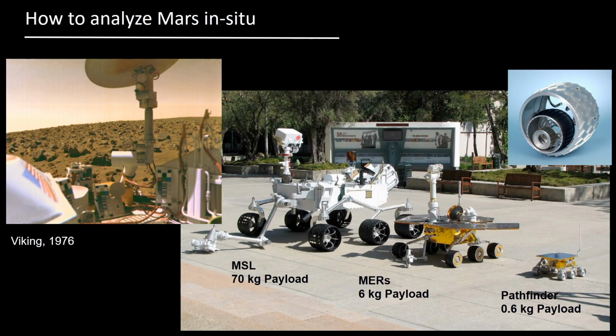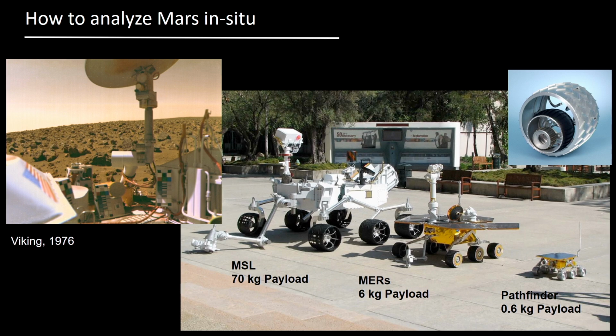And from Viking in '76, which were the first two landers, to the most recent one, and Perseverance is not in the picture, but is similar to MSL, there is really an evolution of the type of material we send to the planet. And of course, being on a lander is very different from being able to move around. So NASA has developed rovers from very small ones, Pathfinder, just as an engineering test at this time,